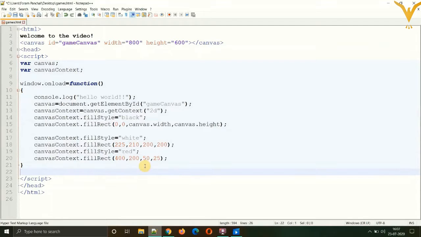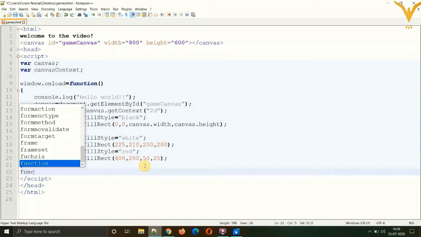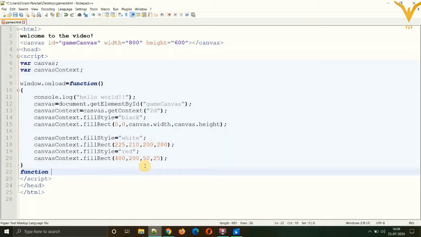So now our code is looking a bit messy because there are too many lines just for creating shapes. So what we can do is create a function and wrap all of these drawing statements into that. For creating a function in JavaScript, we use the keyword function. After the function keyword, we'll be writing a function name.